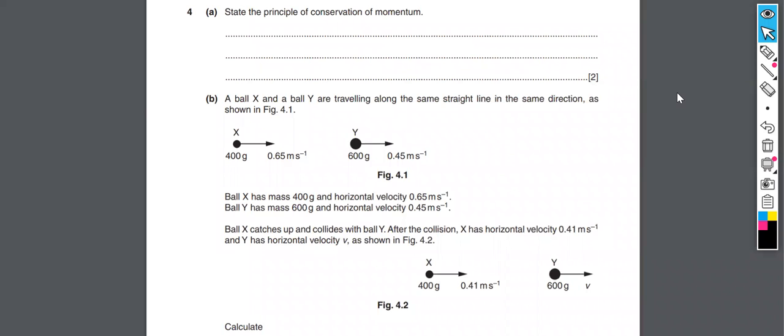All right, in this worked example, first we're asked to state the principle of conservation of momentum. There are different ways to state this correctly, but one way is to say, in a closed system. And what does that mean? That means there is no resultant force acting on it. There's no outside force. So in a closed system,